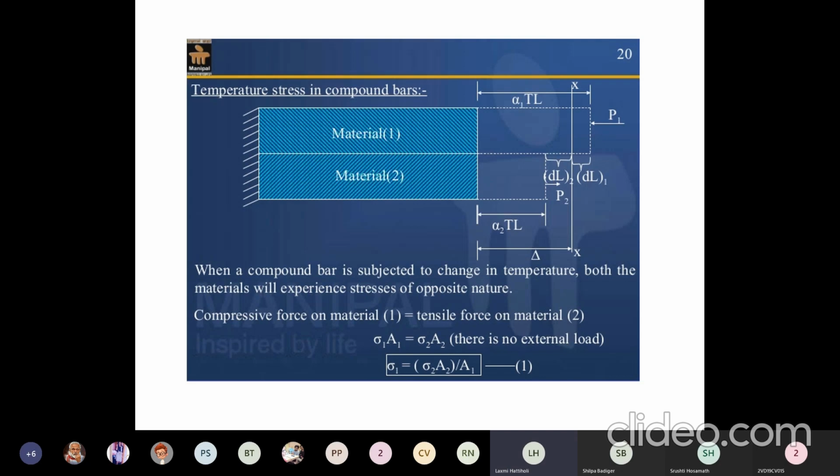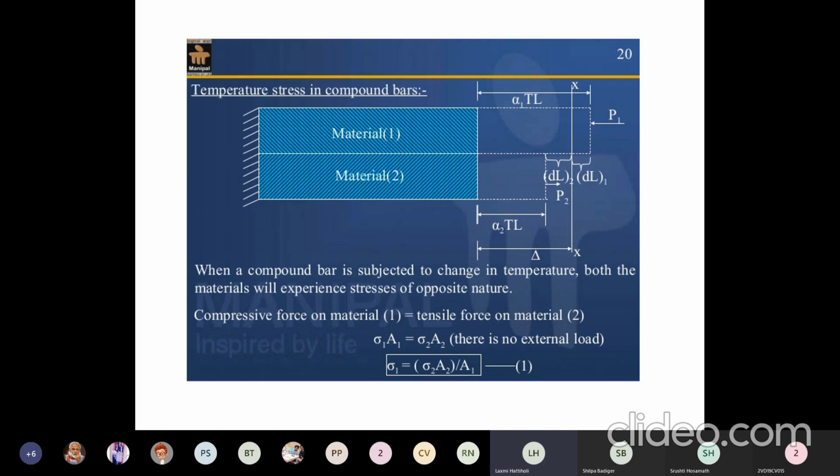Now I have brought both the materials to XX, and observe carefully. I'm doing it imaginary in the sense that I'm not going against the laws. Please do understand, I'm not going against the laws, I'm actually within the law itself. Now, that means P1 and P2. My assumption is that since it is in equilibrium, whatever P1 I apply, that P1 is equal to P2. Please understand this concept. I'm not doing anything to the material, it is all an imagination process. For equilibrium, I am applying P1 and I am applying P2, and I say that both are equal.